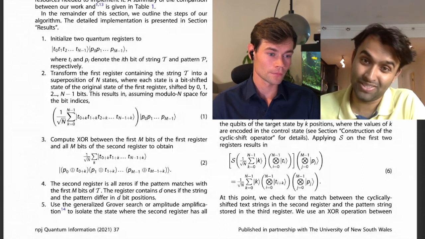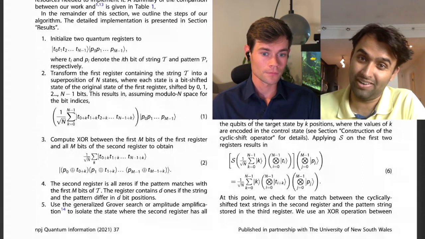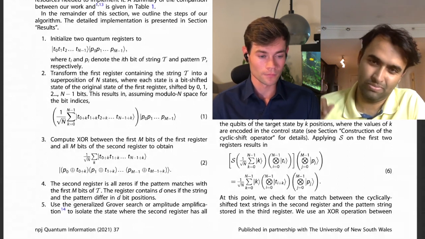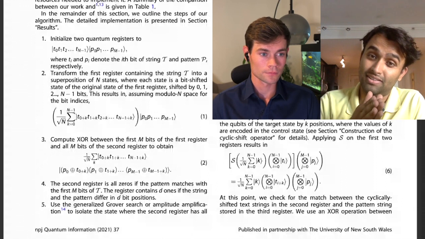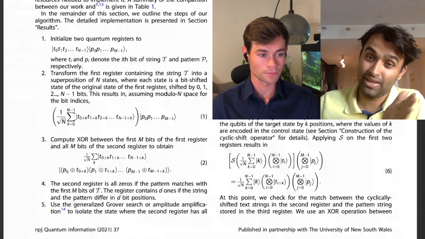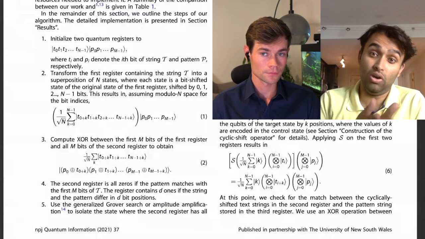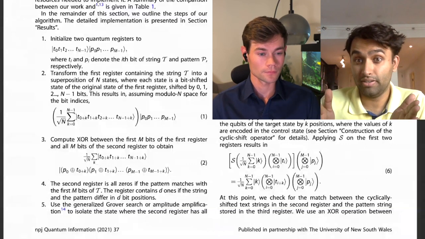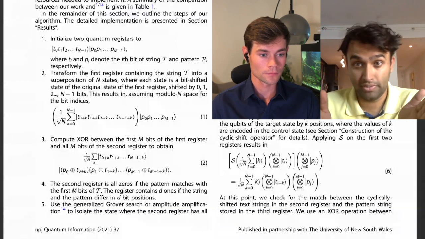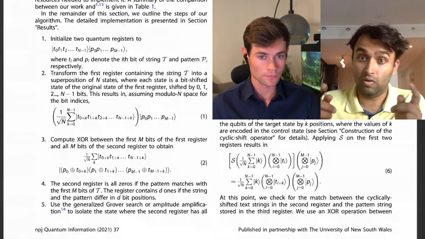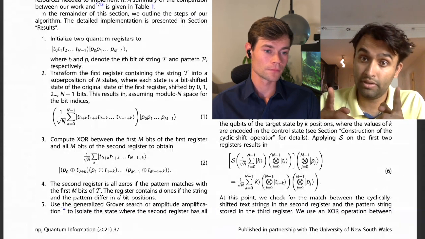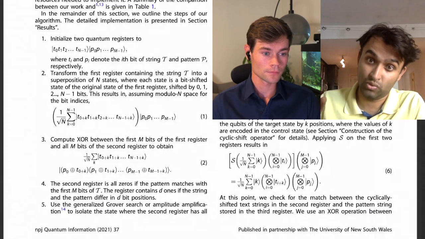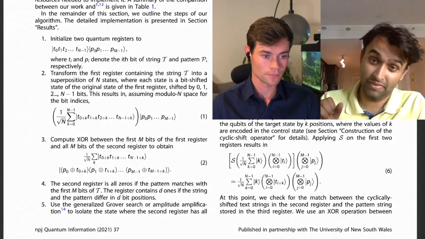So if you want to do a fuzzy match where you let one mistake, one bit, be unmatched, you just want to make sure that the XOR data you have has only one 1 in any position. And that's when you need addition circuits. Now you want to be able to add up all the ones in your XOR string and see if that value is less than your fuzzy match threshold, and then do the amplification.